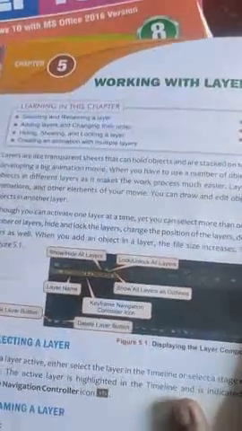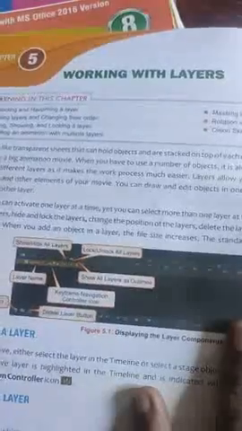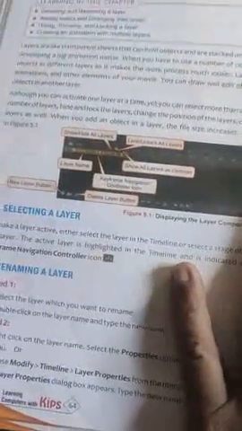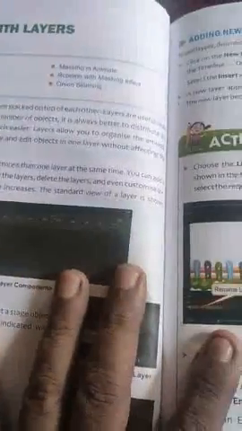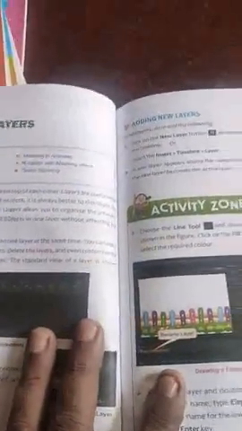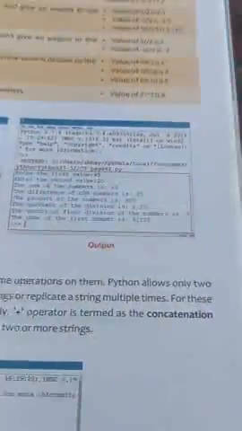Today going to continue with the 5th chapter of class 7, working with the layer. In this chapter I have discussed all the important topics along with the objective questions. One thing is important: .swf is an animate output file that is developed by testing or publishing an animate movie. So this is the important point. And today going to continue with the questions of this chapter.